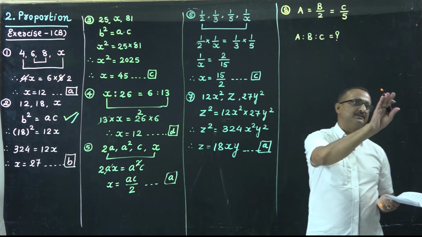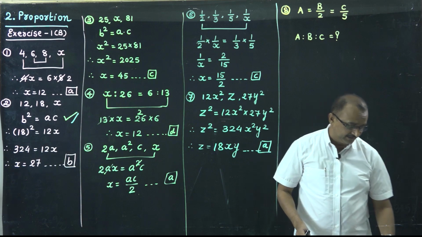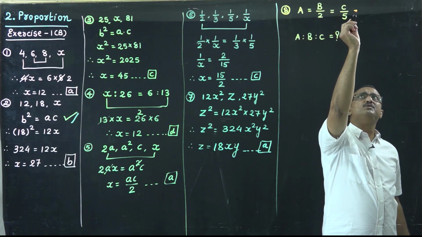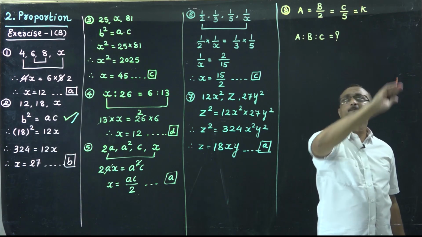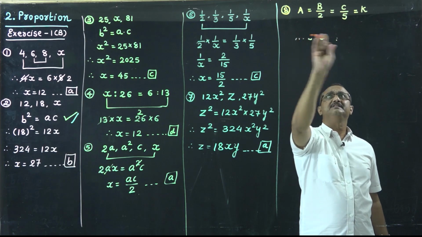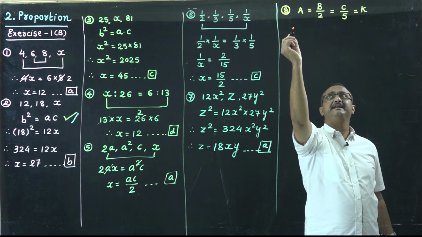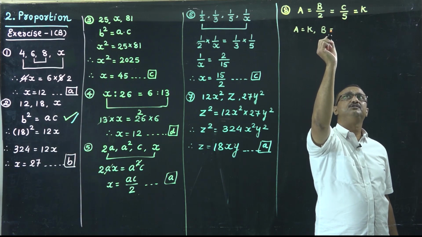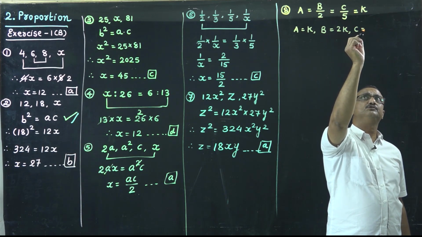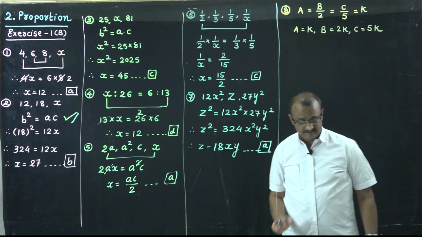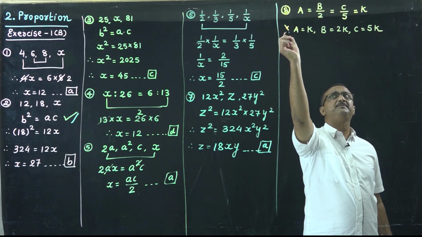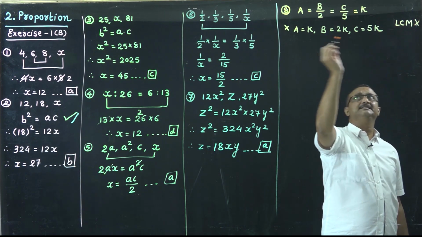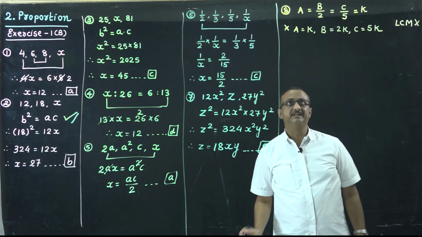So we have three methods. First we learned in our theory by taking LCM, but it is a tedious method. Second, suppose this equation is equal to k. Then by solving, we can put a equal to k, b equal to 2k, and c equal to 5k. Okay, calculation can be done this way too, but we don't want to do this calculation either. See, LCM, we don't have to take LCM. This method we don't have to use here.